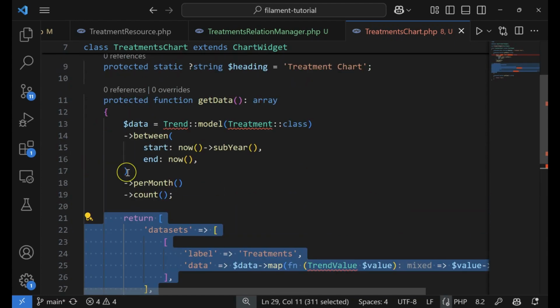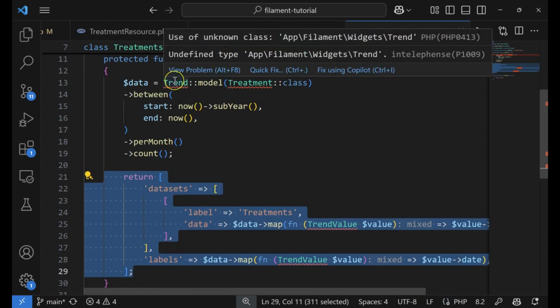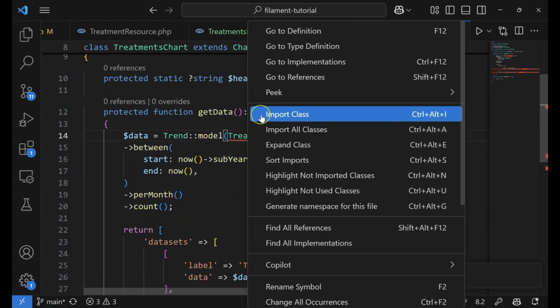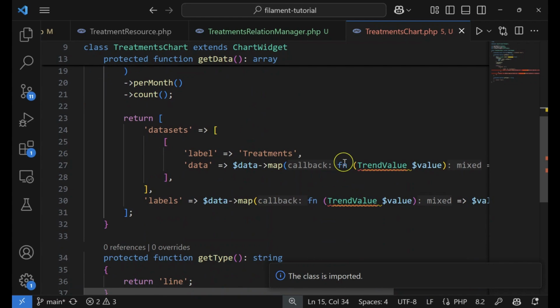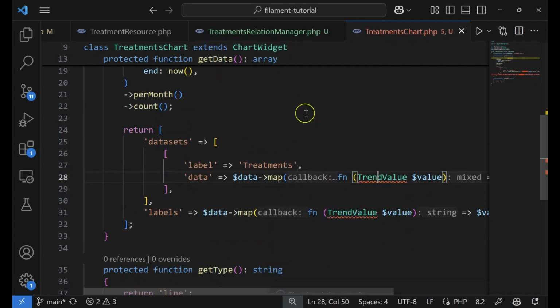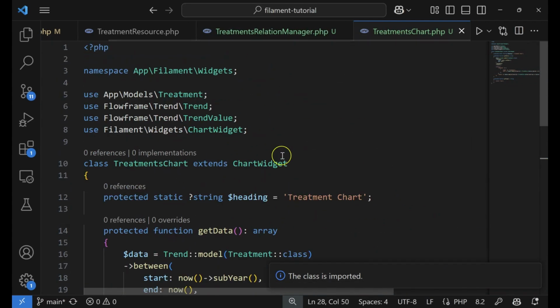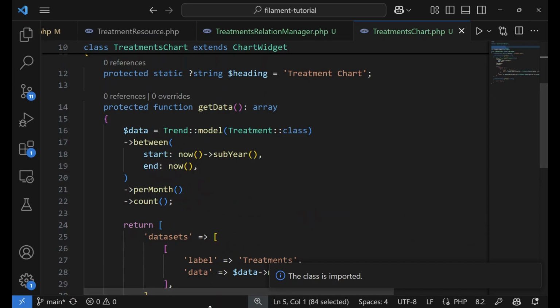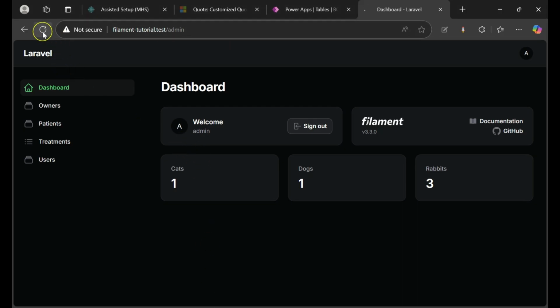So let me squeeze it a little bit here, and then I'm going to import this class, and also this one, and also the trend value. Okay, so make sure you import the three classes so that this will work for you. And now if we go back here and refresh,